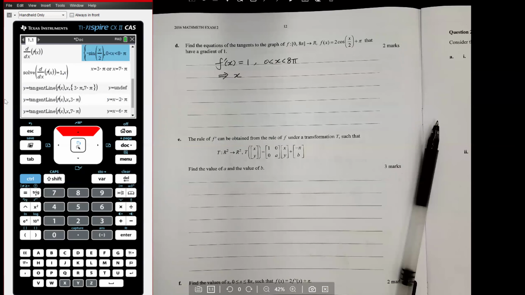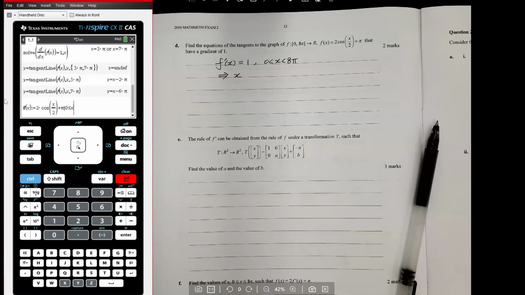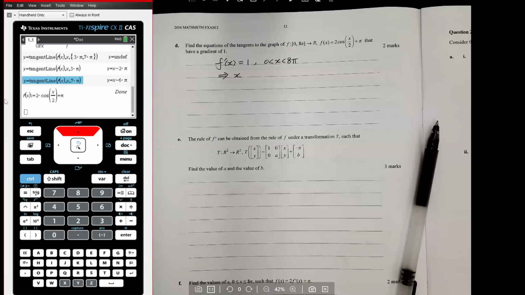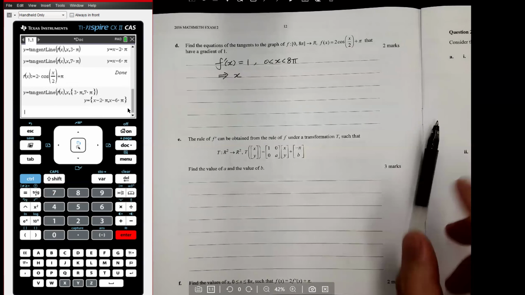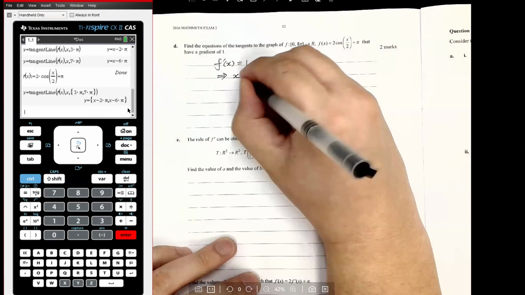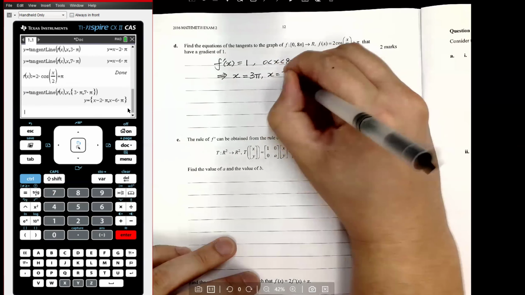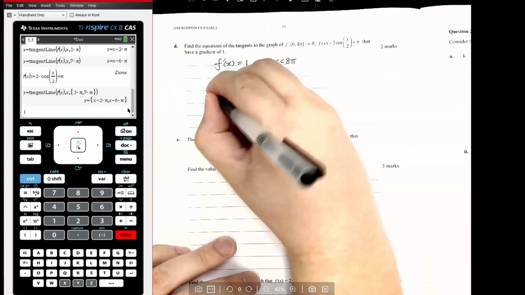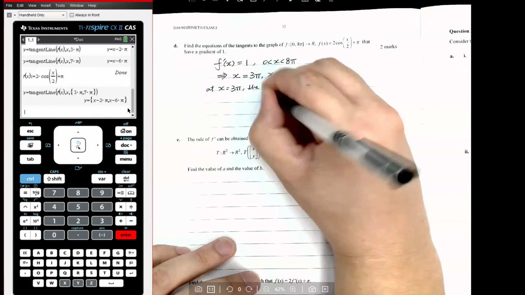Just be mindful if you define the function with the domain restriction. Well, I think if you don't include the domain restriction, you may put a curly bracket here, 3 pi, 7 pi. Okay. So you can actually get the two equations. So the first step is to include x equals 3 pi, x equals 7 pi. Then at x equals 3 pi, the tangent